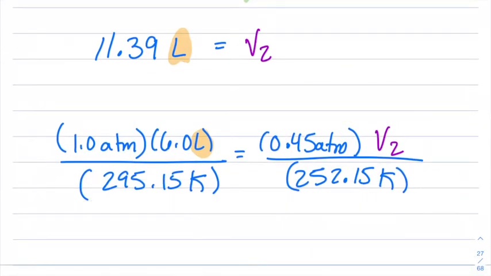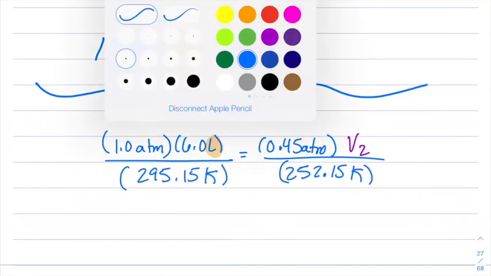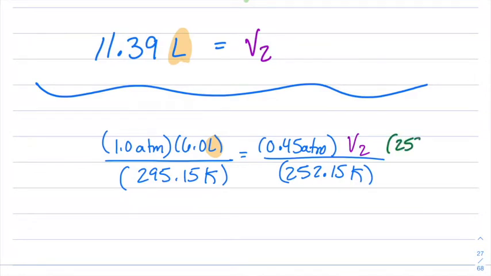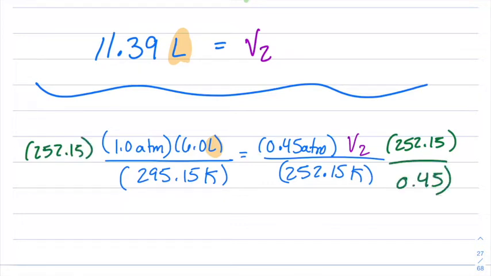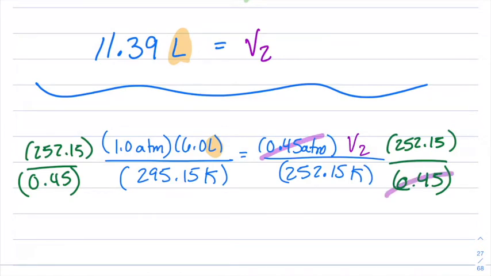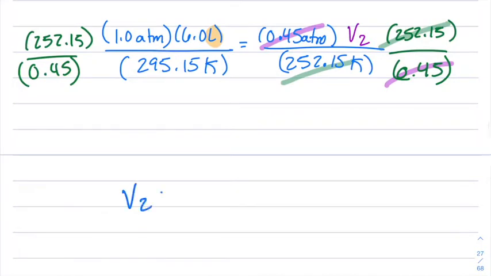All right, so we're just going to do the calculation a slightly different way. So you multiplied both sides by 252.15, and you divided both sides by 0.45 like so. Okay, all right, so then let's cross out. So 0.45s will cross, and our temperature will cross. So in the end you got, and I'll put it right down here, V2 equals